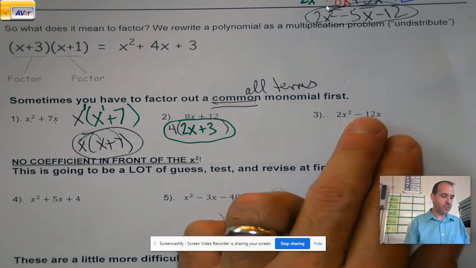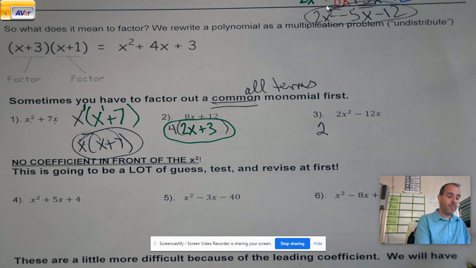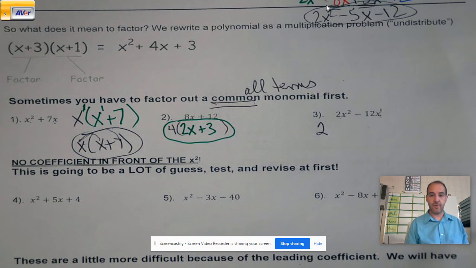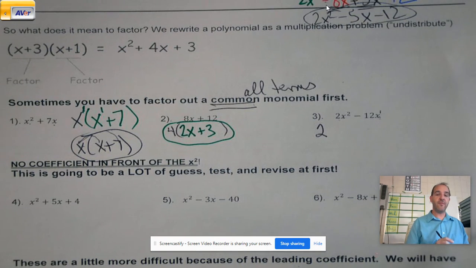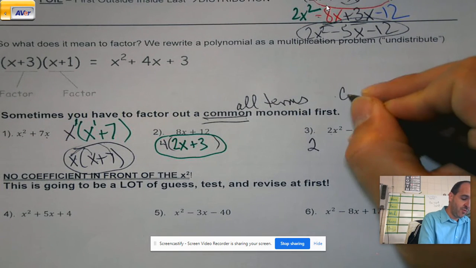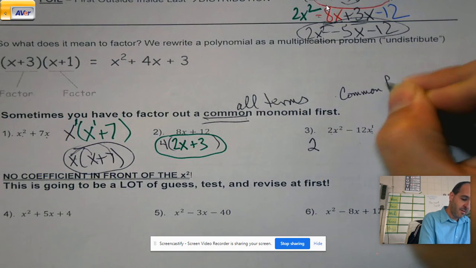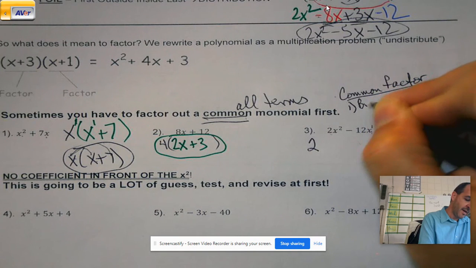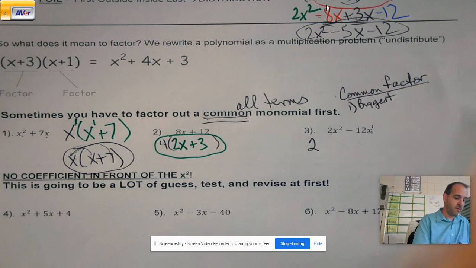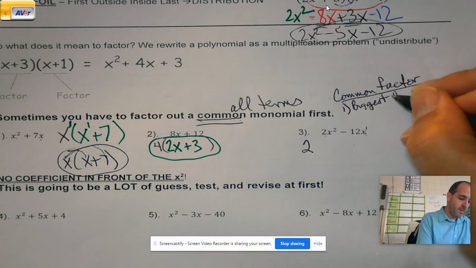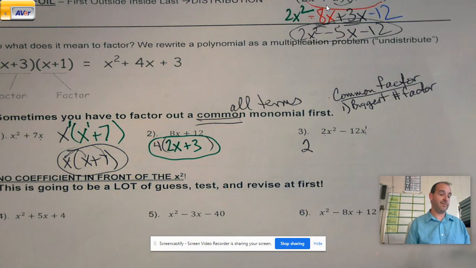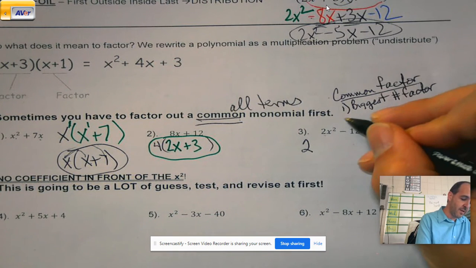So here I'm like, 2 goes into 2 and 12, okay? But I also have my x's. Now, how do I figure out if I'm going to do x squared or just x when I pull it out? When we're looking for the common factor, 2 things to keep in mind. One will be the biggest numerical factor, which means the biggest number that divides into both. You can just say the biggest number if you wanted to. That would be okay. And then for exponents,